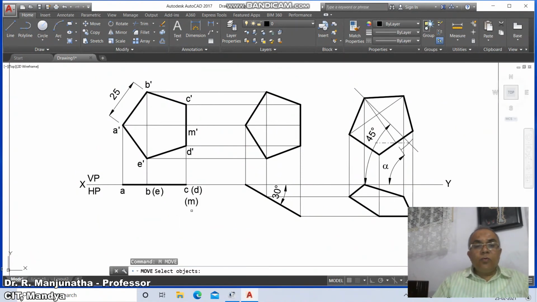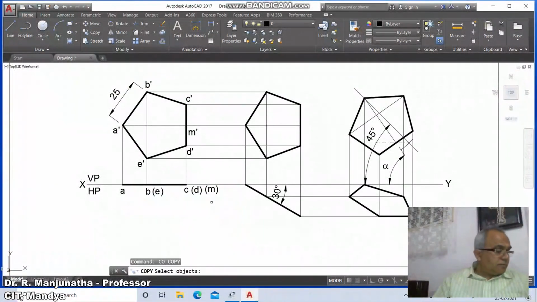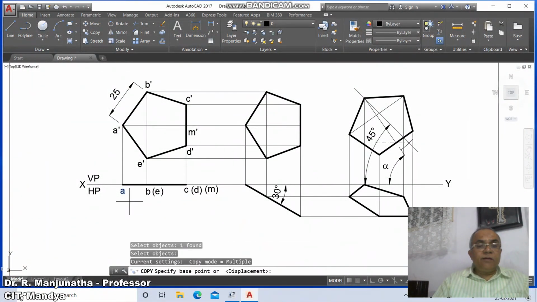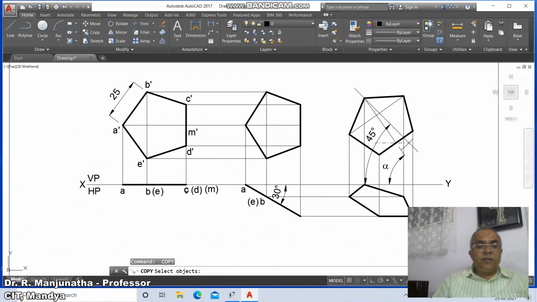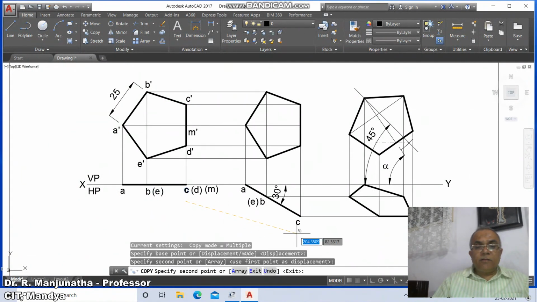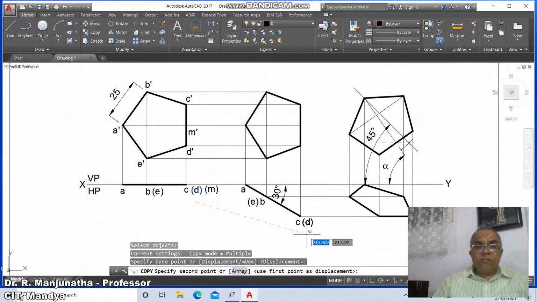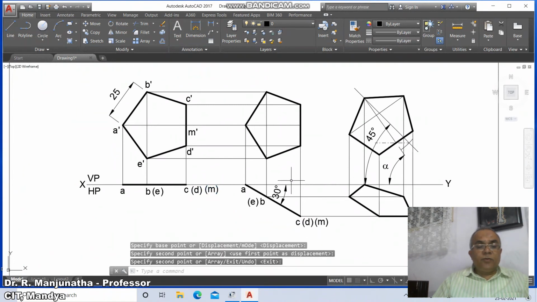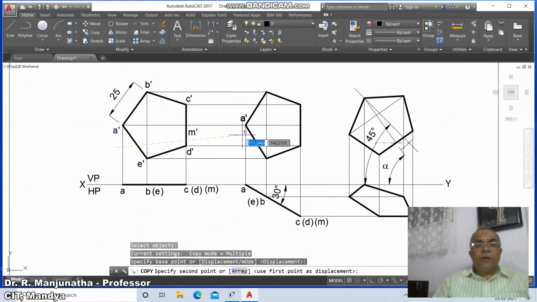Then go to move it here, then copy this A here, then B here, then E here, then C here, then D here, then M here. Now you go to copy, you take A dash, copy it here,